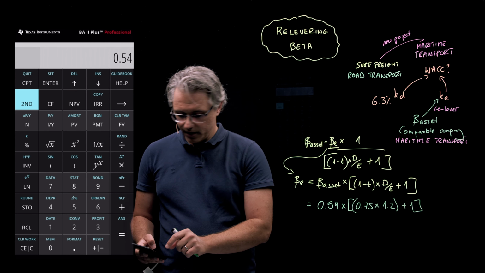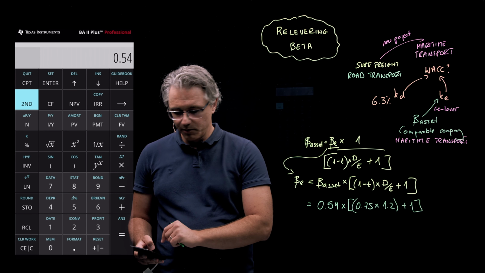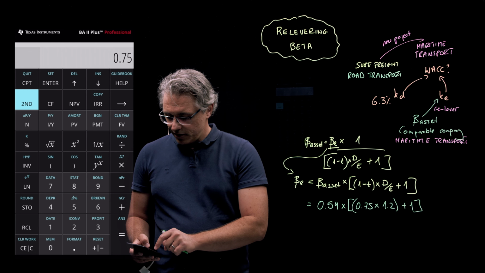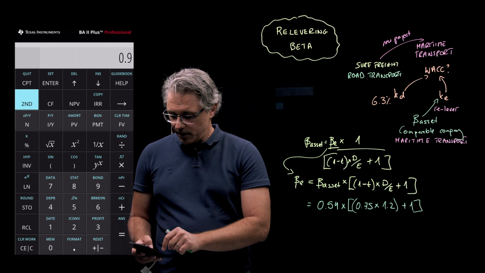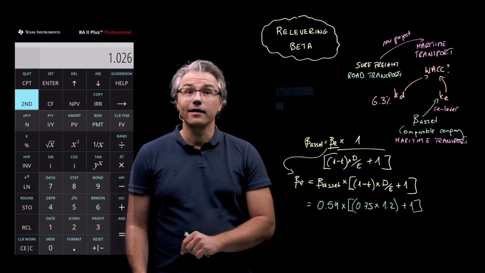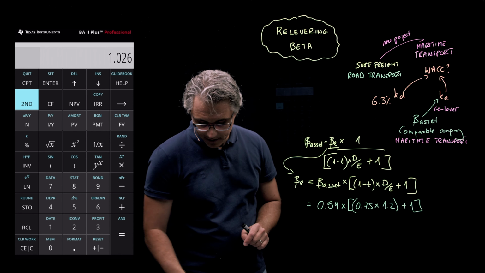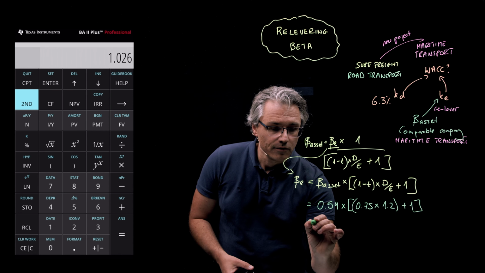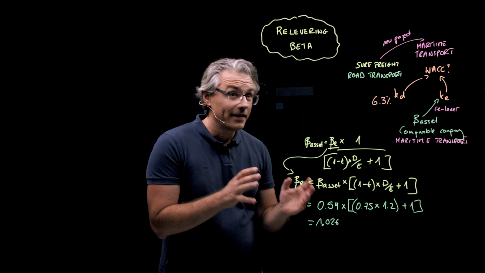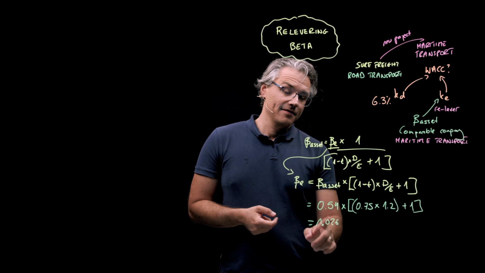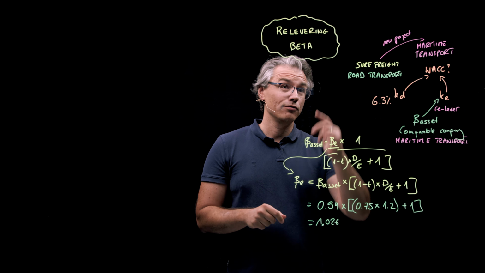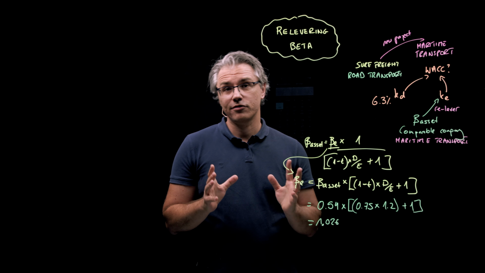0.54 times, let me open up a bracket, 0.75 times 1.2 plus 1, close bracket. And when I click the equals key, I get a solution equal to 1.026. So basically, this is the equity beta, which has been levered up with Shawfreight's specific capital structure numbers, its